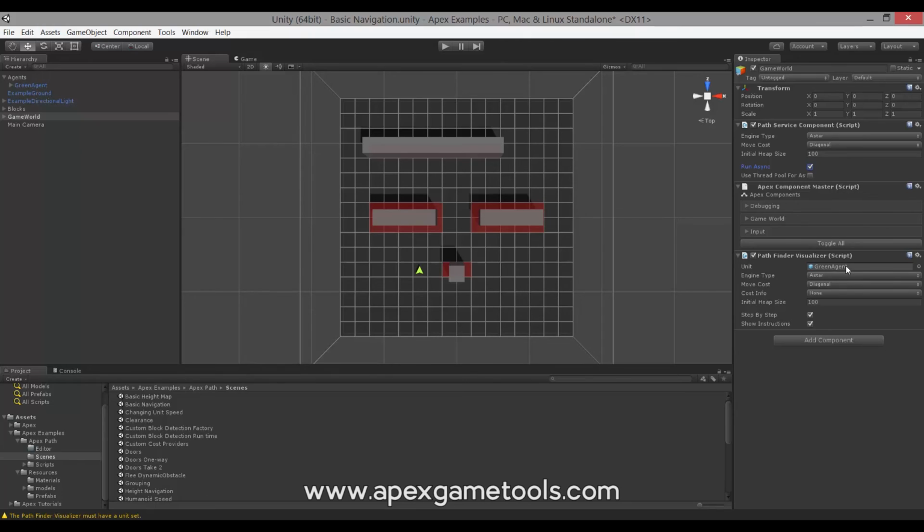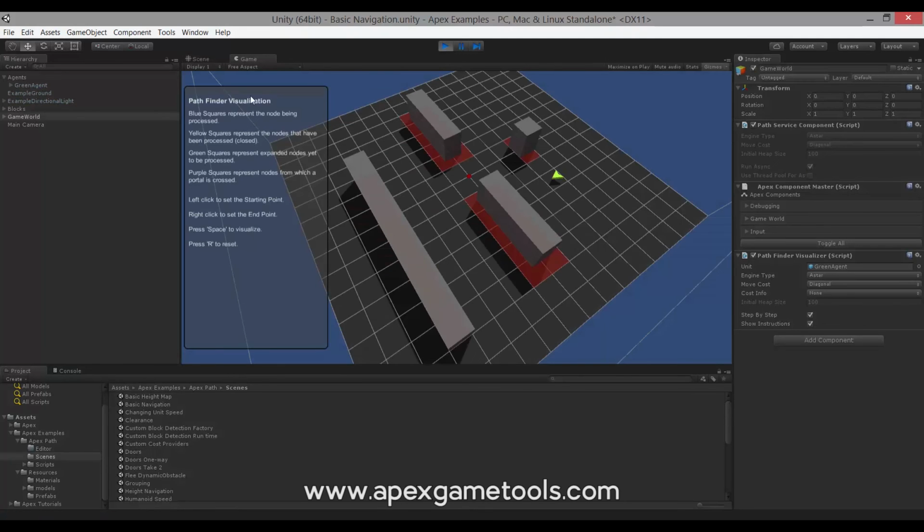In this case, we have configured the green agent, and the rest of the settings mirror the ones that you can find on the path service component itself, because it will simply initialize its own path service. Now of the bottom two sections here, the only important one is the step-by-step setting, and we'll just see how that works in a second. So I'm going to start the scene, and then